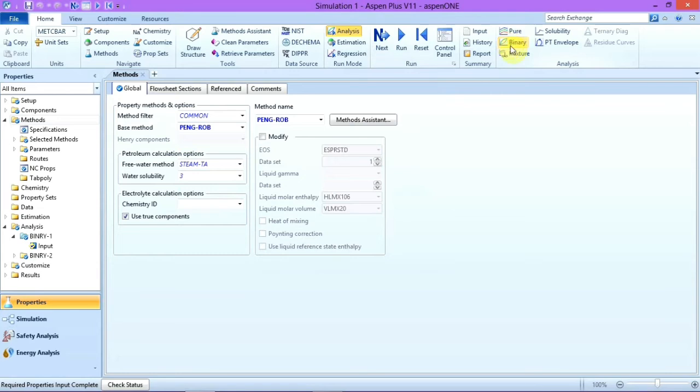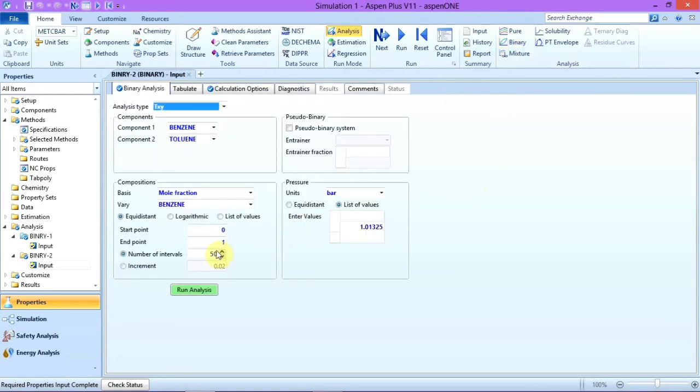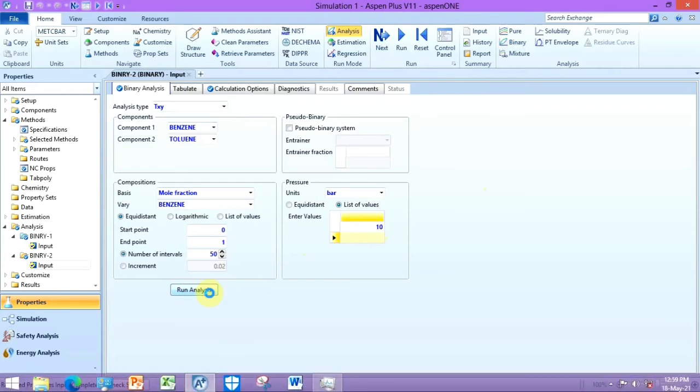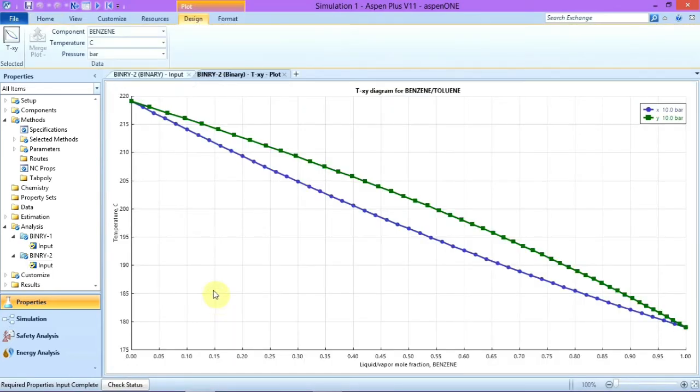Peng-Robinson binary. In binary, we will change this pressure to 10 bar. We are finding TXY. Click on run analysis, and yes, this is what we get.